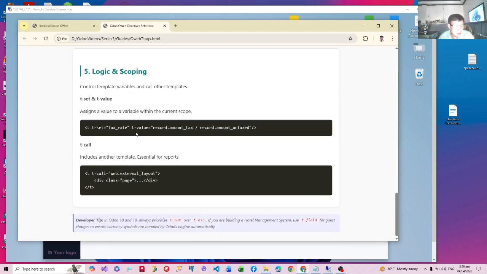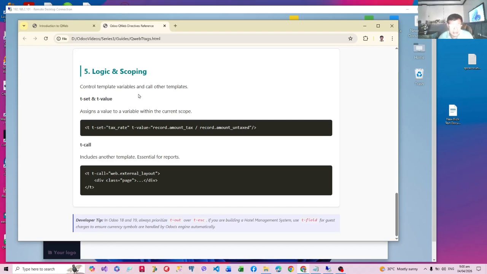A very important tag is the t-call tag. It's an inheritance tag. It allows us to inherit other reports or other layouts, so that we don't have to repeat uniform layouts. For example, a uniform header that will include your company name, your logo, your address, or maybe your telephone number, and also a standard page number and a total page number which you want included in your header.